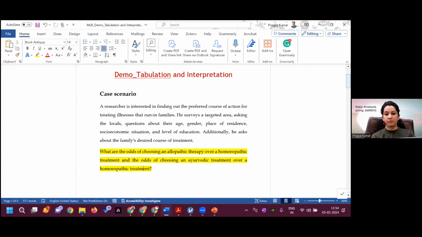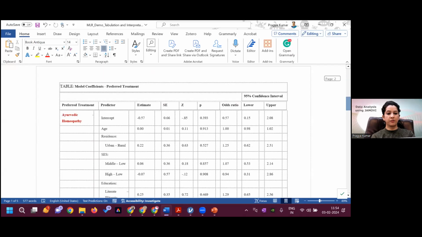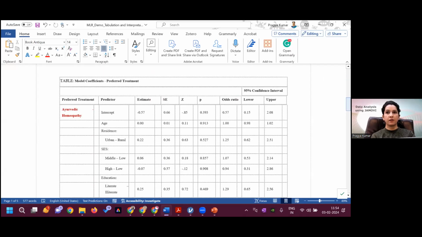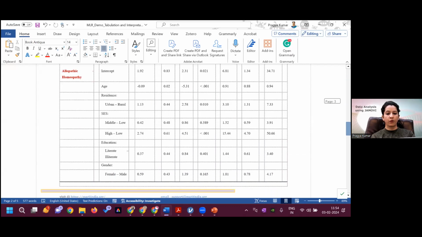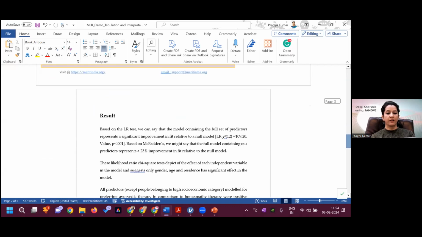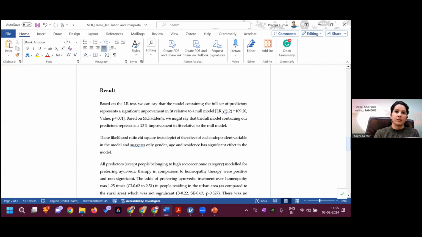So this is the table which we have just copy pasted from the JAMOVI, both the two models, and then you can write, based on this multinomial logistic regression, we can say that the model containing the full set of predictors represents a significant improvement in the fit relative to the null model, and based on the